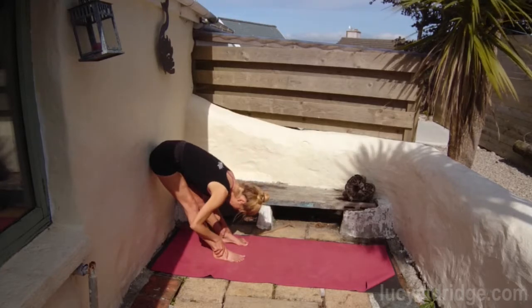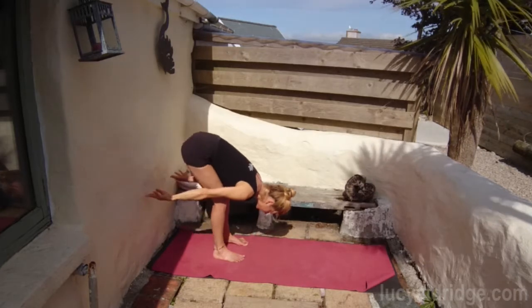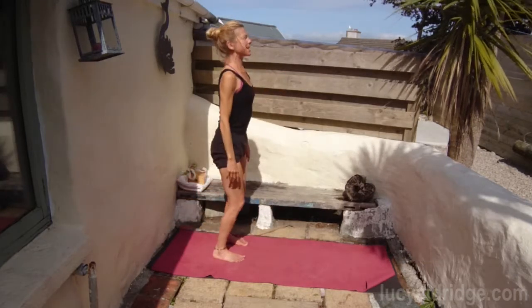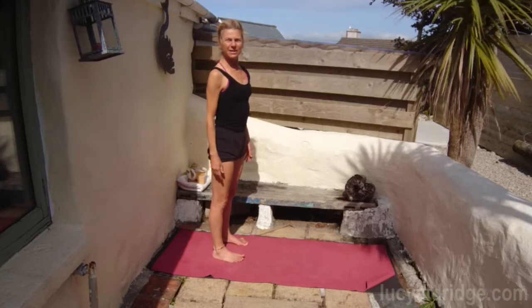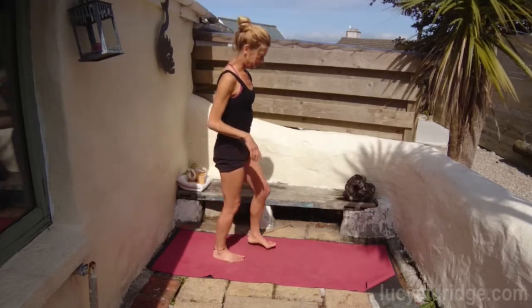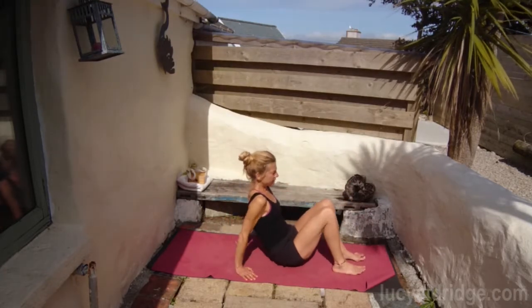Alright, when it's time to come up, put your hands to the wall, bend the knees, swing forwards, inhale, tailbone down, stand up. Okay? Supta Padangusthasana 1. So you're going to lie down, have yourself lying flat,